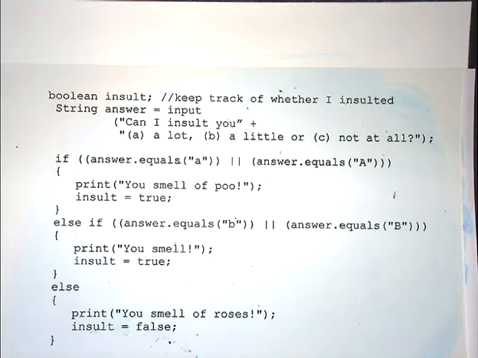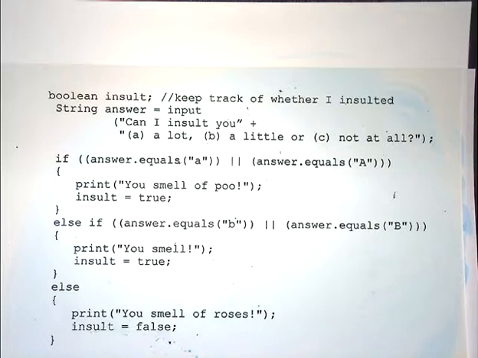Actually, maybe I want to do something different, not just treat that as them saying they don't want to be insulted, but treat it as them getting confused and answering incorrectly, and I ought to go and ask them again, to check that it wasn't a cat walking over their keyboard while they were getting a cup of tea. And so what your else case really ought to always be is something that is a catch-all,